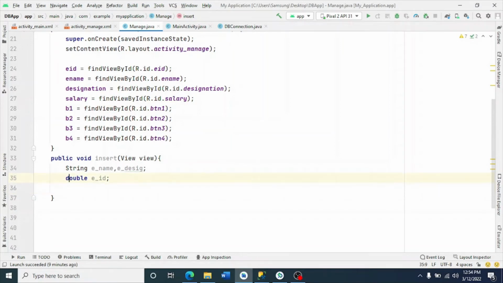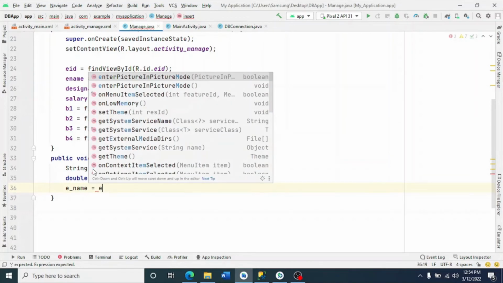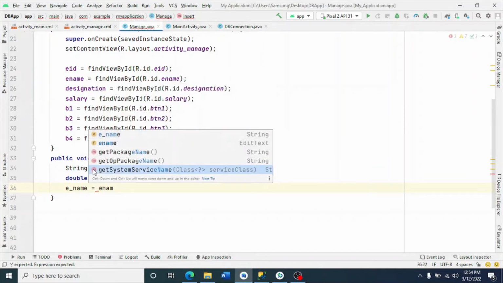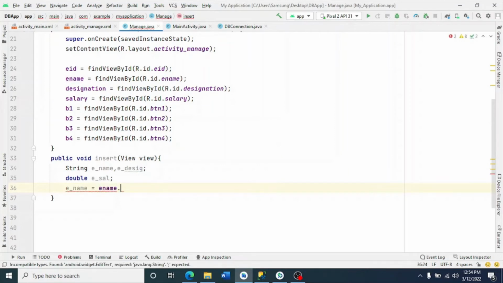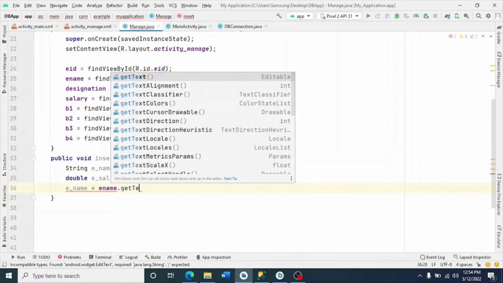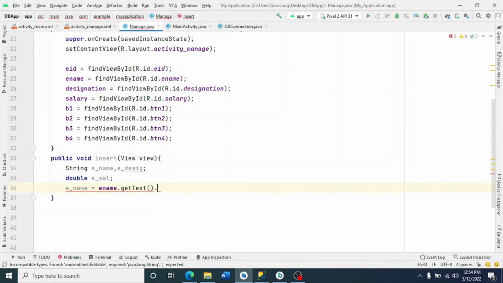So not eid, e_salary. Okay, so ename we will get from edit text ename.getText().toString(). Similarly for e_designation is equal to